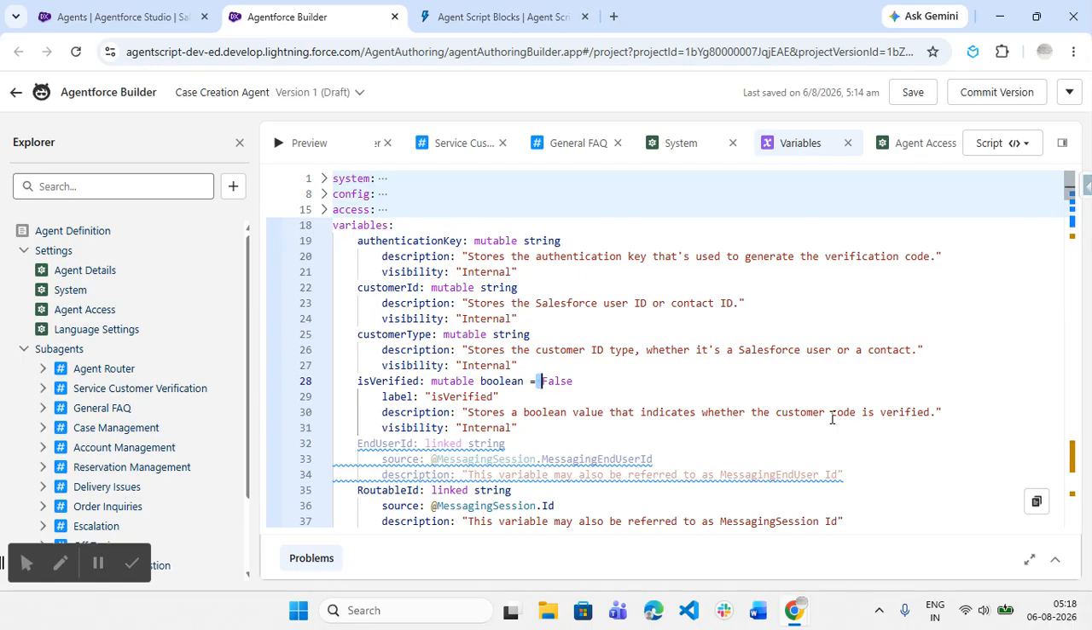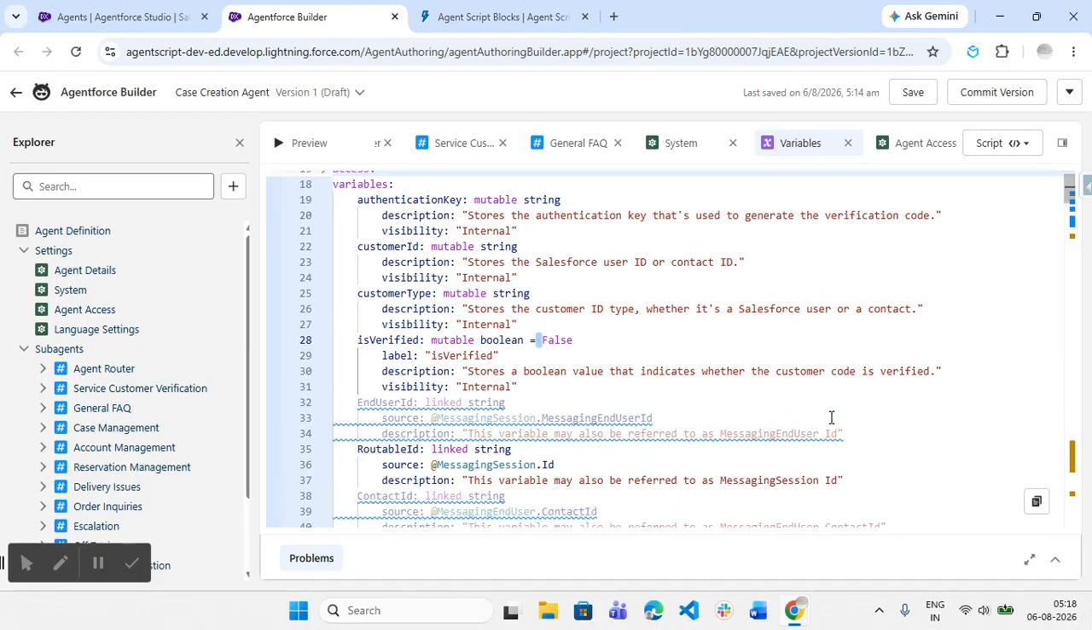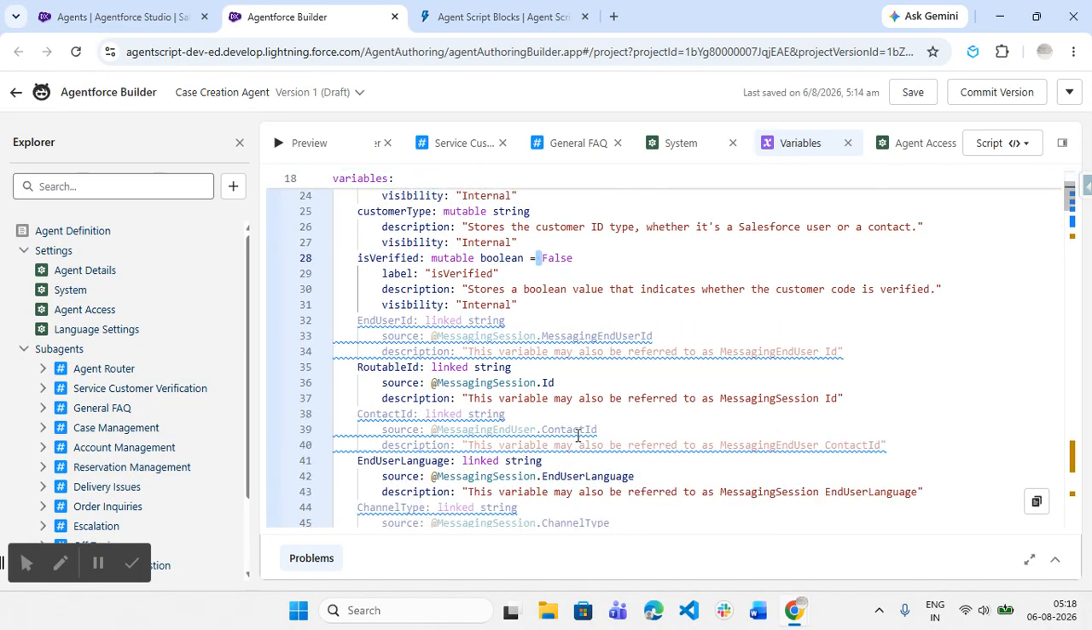A linked variable is something like a read-only variable. So a value will already be present, and those are the values which we are referencing inside the agent script. So you cannot modify the value of that variable. Even if you try to set some value, it won't allow. For example, here I have contact ID, a linked string. If I put